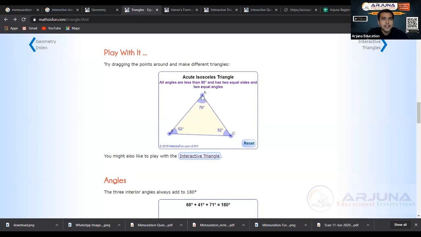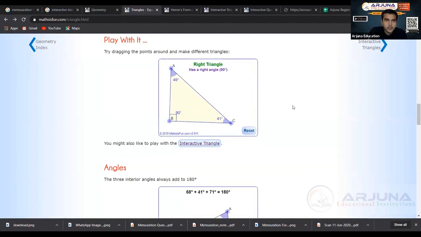And there are 3 kinds of triangle. One is acute angle triangle, another is obtuse angle triangle, another is right angle triangle, right? So all those things you can do here. So if this becomes an obtuse angle triangle, this becomes acute angle triangle, and if you just make it at 90 degree, it becomes right angle triangle. Okay, so the angles you can observe.